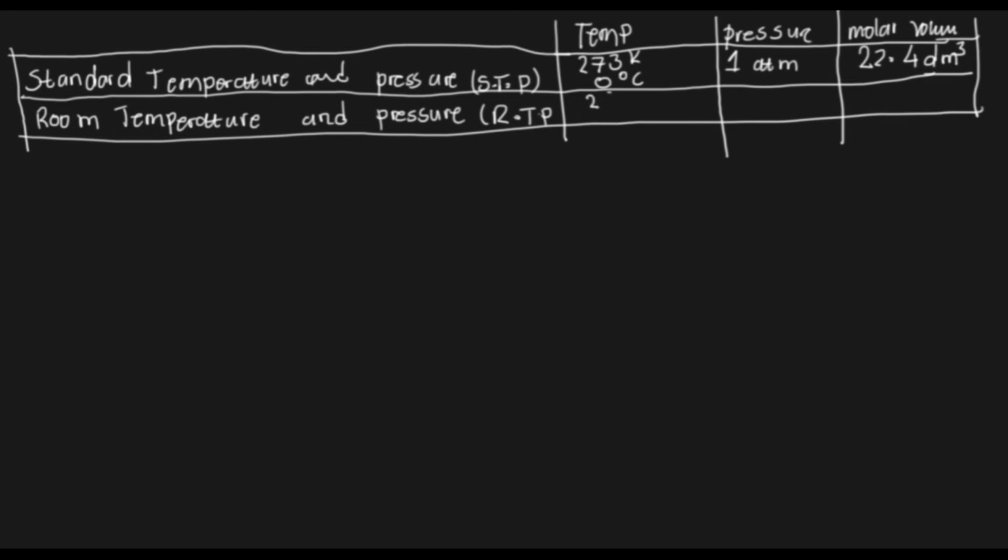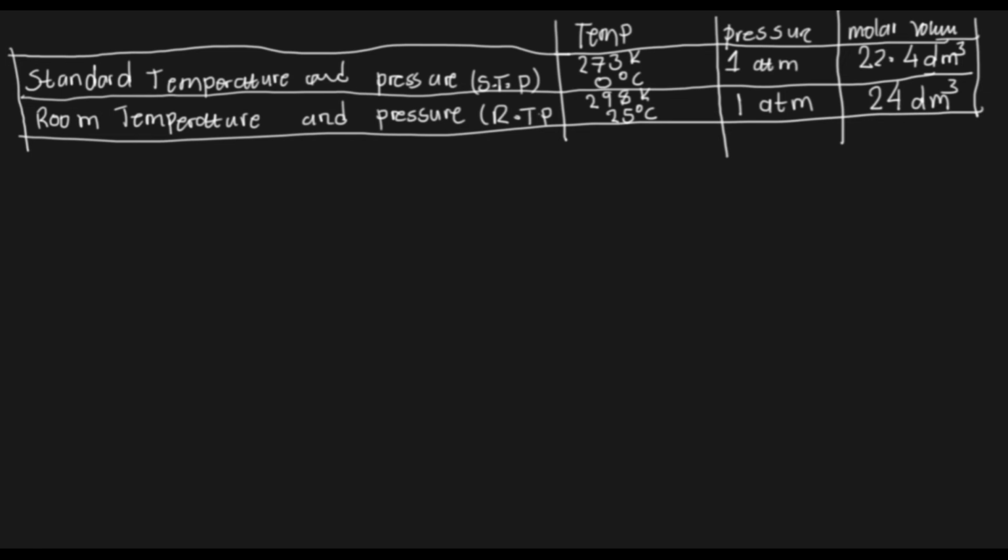So 298 in kelvins. Then for room temperature and pressure, that is 25. So if the temperature is at 25 degrees Celsius, that is the room temperature and pressure. Then the pressure of a gas is also 1 atm. Now the molar volume at this condition is 24 cubic decimeters. So these are some of the basics that we need to have in mind whenever we are dealing with the